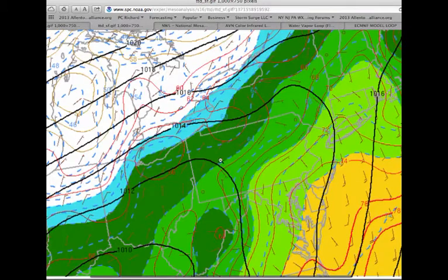Now, here is the current surface map. This is a washed out cold front right here, this weak trough. And this trough here, which you can see right there as I'm going back and forth, is basically enhancing and lifting all this moisture in the atmosphere. So as you can see here, there's plenty of humidity in the atmosphere, very high dew points in the 70s. And we have the wind coming from the south and southeast, right off of the Atlantic, basically a source region right around the Bahamas. And you get lifting and all this moisture in the atmosphere, and you end up with